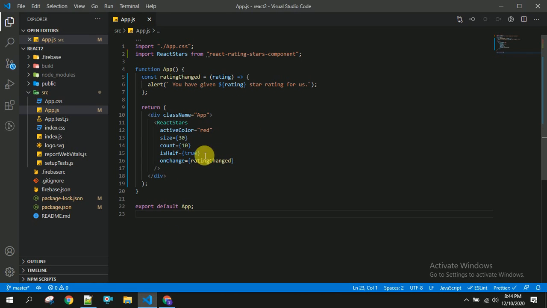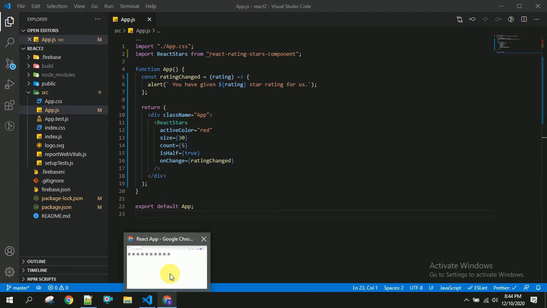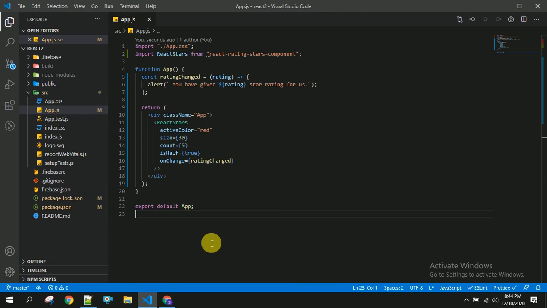And once I refresh this browser, I am going to change this number to 5. It will work for 10 as well, for 100 as well, but it's not looking good, so that is the reason I have changed this.